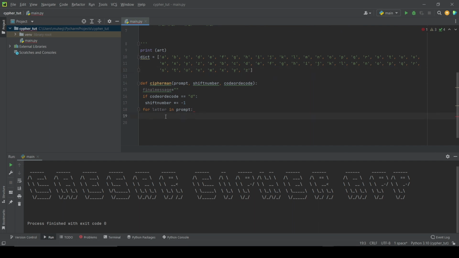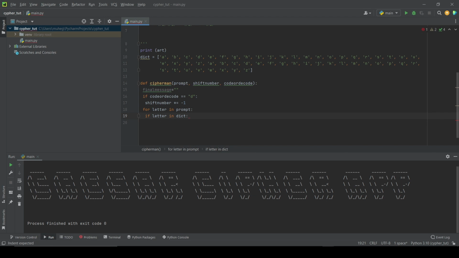So now let's go back to the for loop, and in the for loop we want to check if the letter input by user is within the dict list or not. For example, the user will most probably use spaces to enter the text, so spaces are not included in this dictionary or the alphabet list. So in this case we want to exclude it from the change, because otherwise we will have an error for our for loop. So let's use an if statement again. So if letter in dict